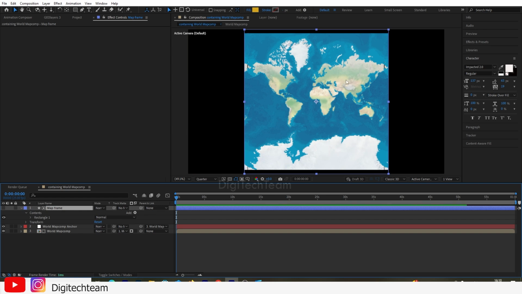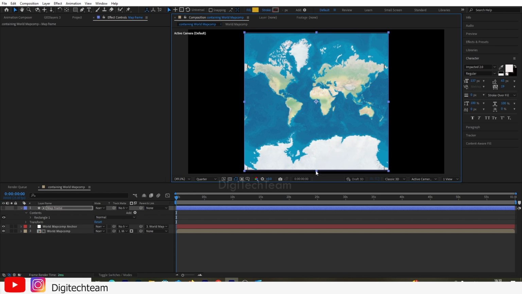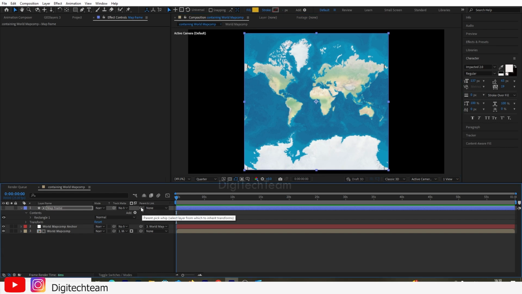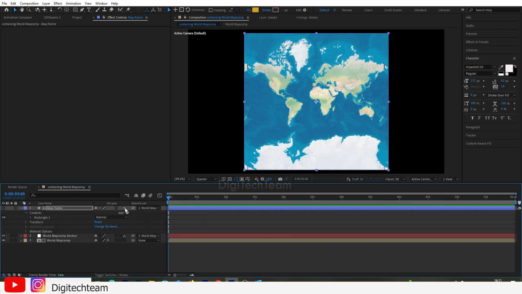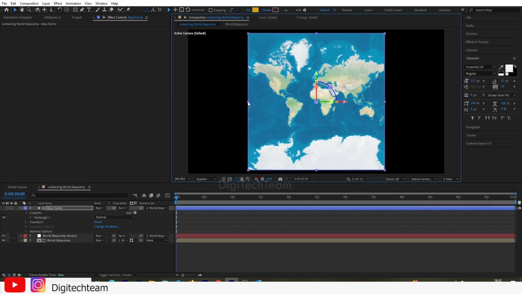Everything outside is hidden. If you see empty areas around the edges, adjust the map frame's position or size for a perfect fit. Next, parent the map frame to the World Map Comp anchor and enable 3D on the map frame layer. Now, any change in the position, zoom, bearing, or pitch of the map will automatically affect the framed